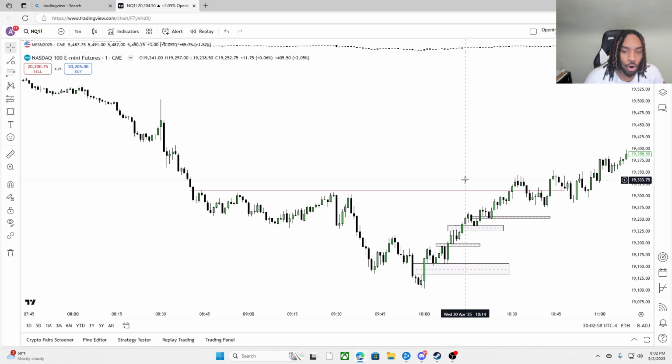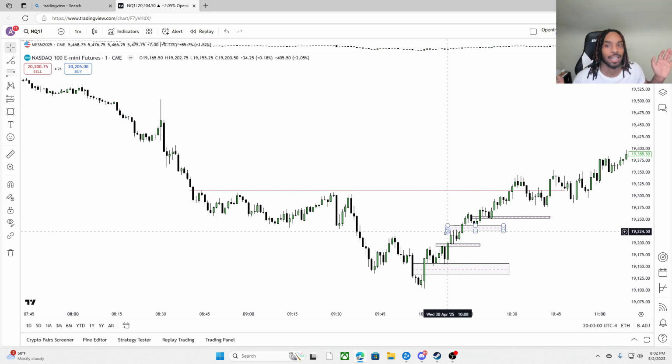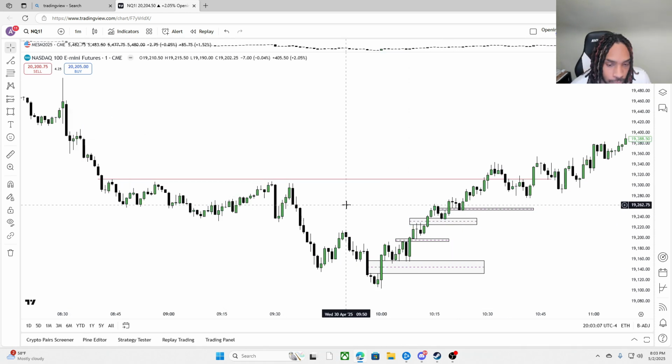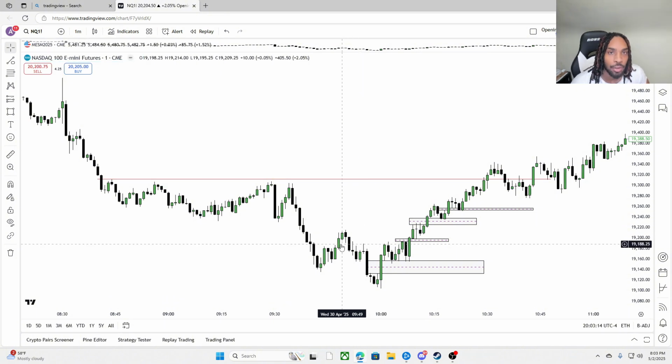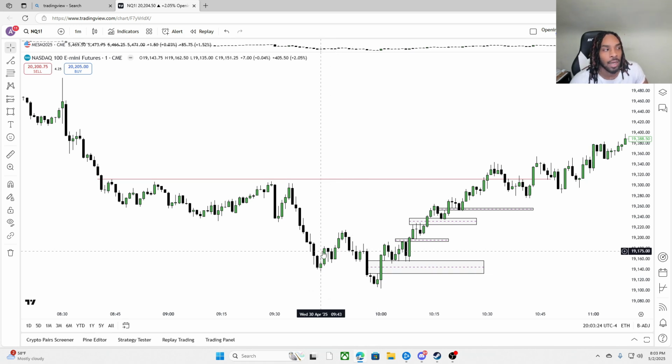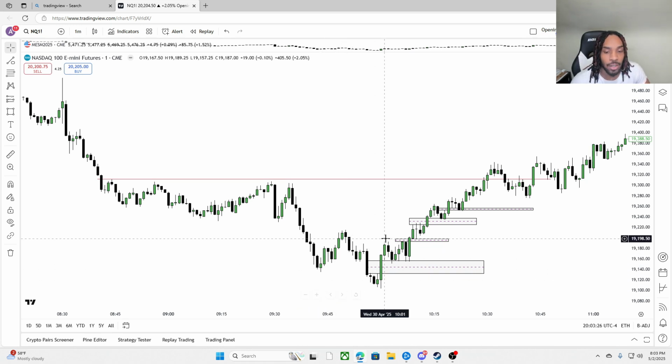It takes some time to get good at, but those are the high probability fair value gaps that you trade. The ones that happen right after manipulation that's in line with your bias. If you have a bullish bias and we go take out sell side in the morning at 8:30 or 9:30, and then we reverse and create a fair value gap to go higher and take out the buy side, then